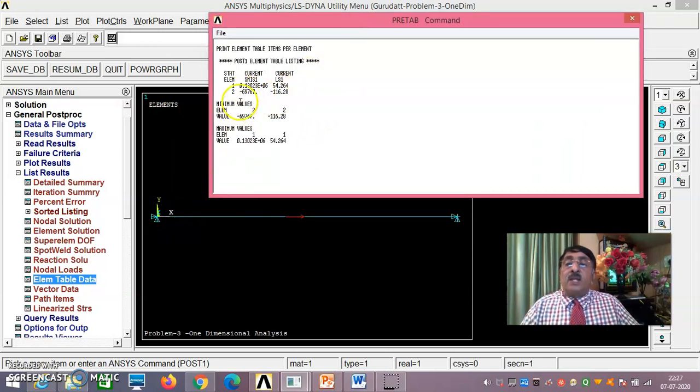First element is this. This is positive. The force is 0.130 into 10 to the power of 6 and stress is 54.264 positive. That means the first member is subjected to tensile stress. Whereas the second member is subjected to force of minus 69,767 and stress of minus 116.28. Negative means this is subjected to compressive stress because of the